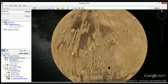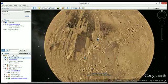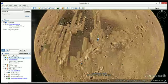Okay, I'm going to share screens because what I want to do is go onto Google Earth and Google Mars, and let's take a look. We're going to start with Google Mars. So there's Mars, and let's look at my mouse. Going down here, we're 5,560 kilometers away. Okay, but let's zoom in, and we're going to go to 50 kilometers, and we're going to